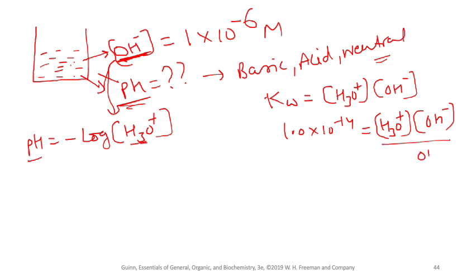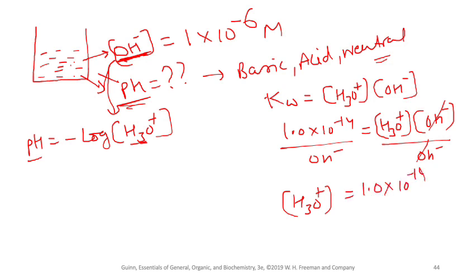Divide both sides by the OH negative ion. This will get cancelled. Then the H3O plus concentration comes out to be 1.0 times 10 raised to the power negative 14 over, what's the concentration of the OH negative ion given? 1.0 times 10 raised to the power negative 6. If you divide these two numbers, you will end up with 1.0 times 10 raised to the power negative 8 molar